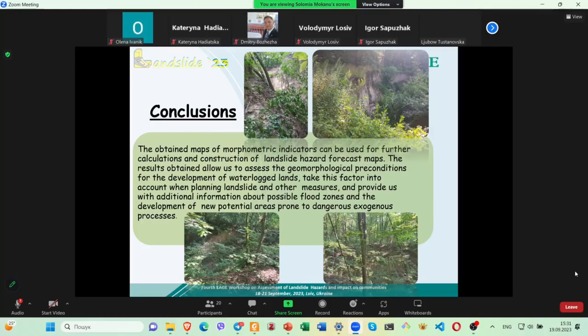Take this factor into account when planning, and it provides us with additional information about possible flood zones and the development of new potential areas prone to